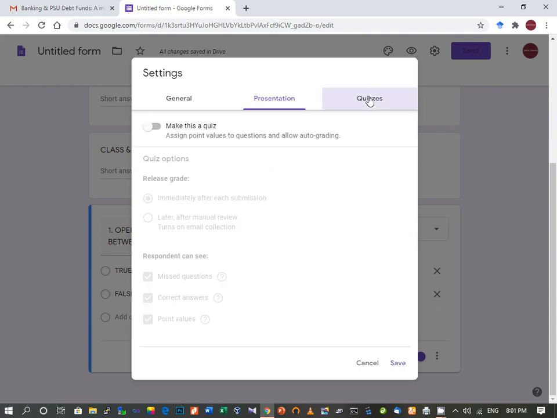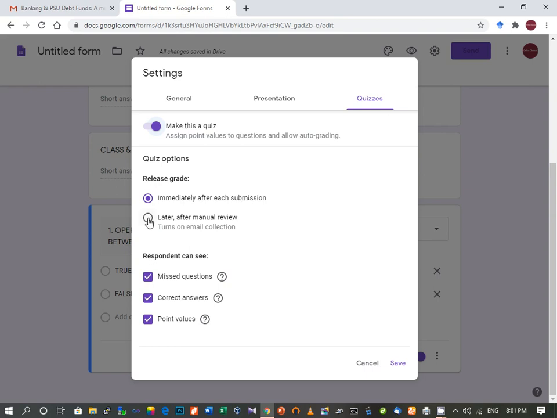Then we click on Quizzes. Here we have to check this. Now you can see this option, immediately after submission, means the grade will be released immediately after submission of the form if this option is chosen and you are providing only multiple choice questions.